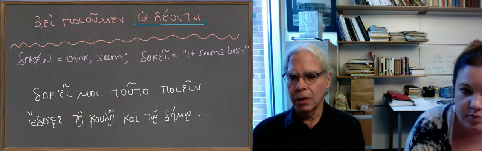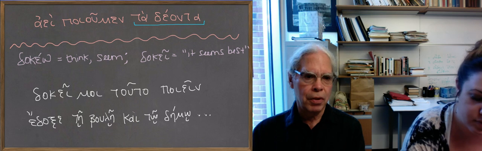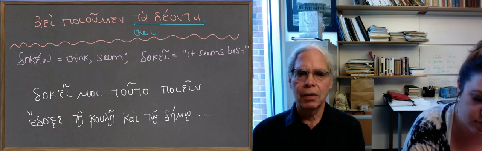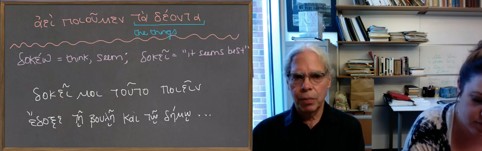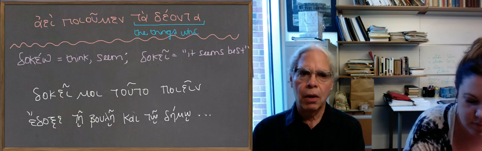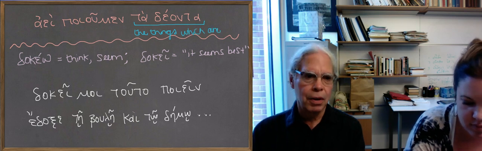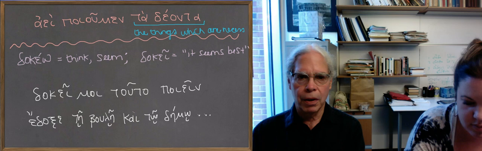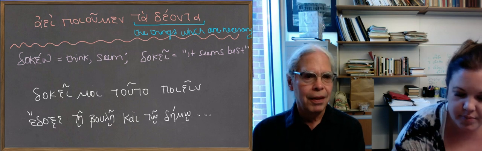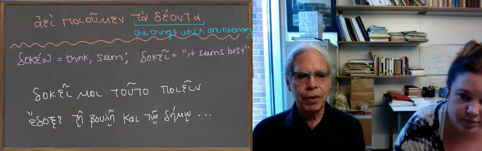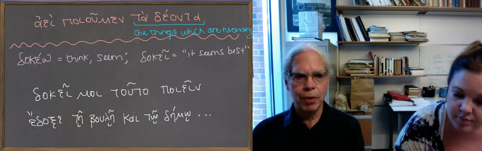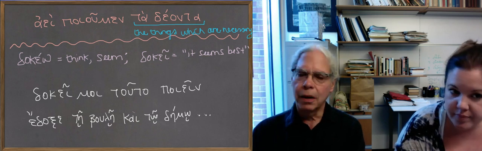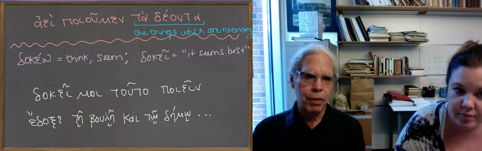And what ta deonta means is the things which are necessary. Right? Ta deonta. So it's an important concept, ta deonta, or ta deon, that which is necessary in Greek philosophy and otherwise in real life. Okay, so continuing in the theme of impersonal verbs, and on the previous lesson I think we got introduced to